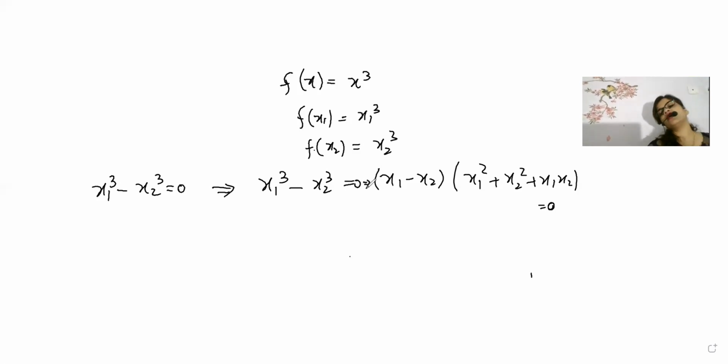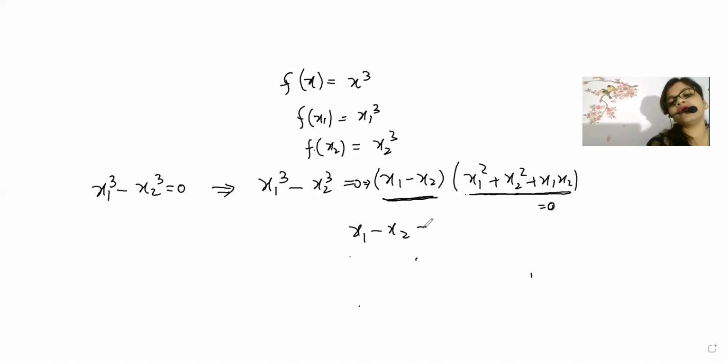So again, you are telling auntie, which part of this will become equal to 0? Can't understand. Then I'm telling you this part where you can substitute the value and find it is exactly a non-zero constant. Then you will ask auntie, how is it a non-zero constant? Who told you it is a non-zero constant? Then I will say, use this one, you will come to know it is a non-zero constant. So here, x1 minus x2, I'm making it equal to 0.